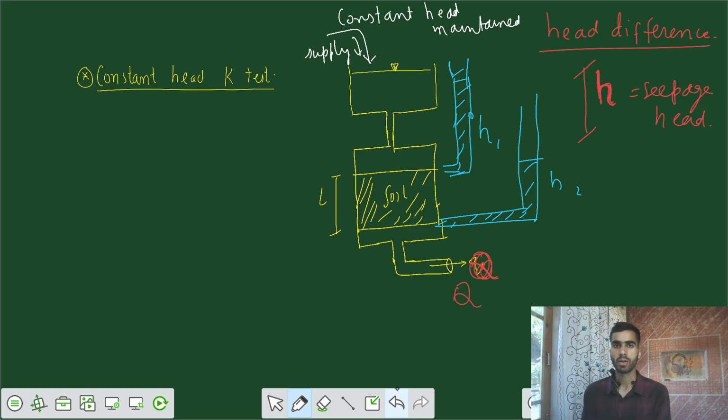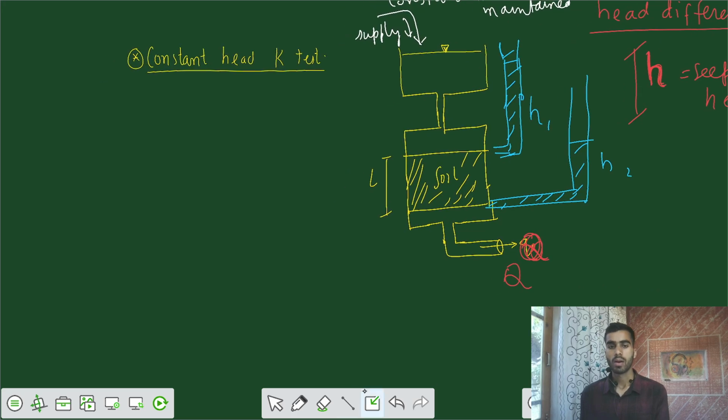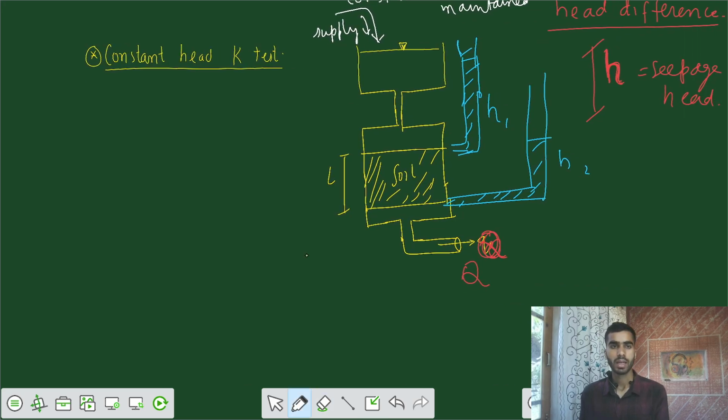There is some supply of water such that your head is maintained constant between those two sections. Now if I try to have that equation of Darcy, what is Darcy there? V equals K times i, equals K into head loss h for the length of soil L. And if I use the continuity,